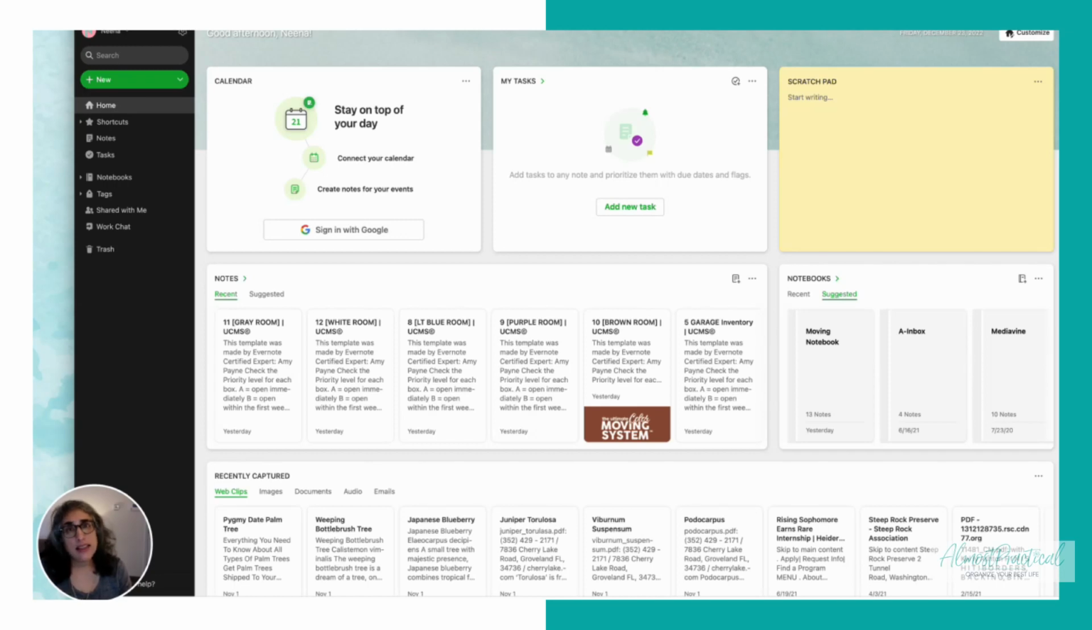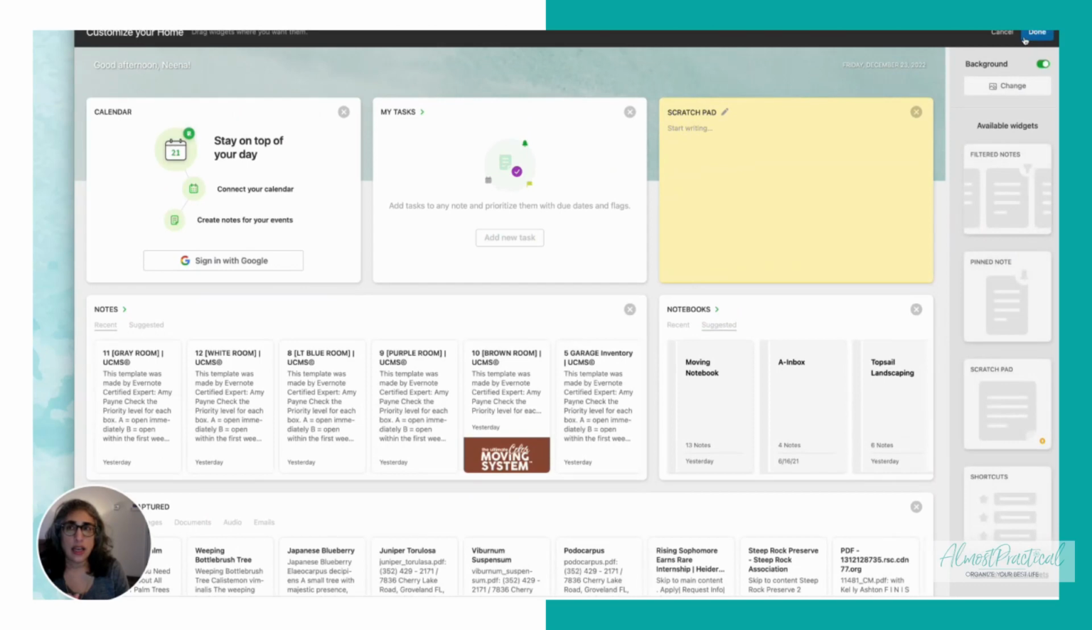They've added this capability of being able to use widgets on your home screen, and that seemed like a nice way to stay organized. So I'm going to show you, this is my home screen, and I am going to show you how to do it. So you would press this customize button in the upper right hand corner of your Evernote